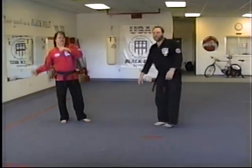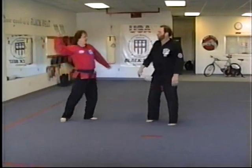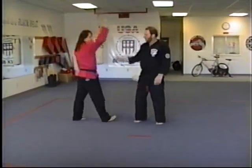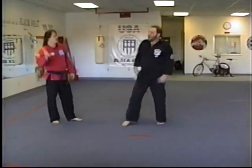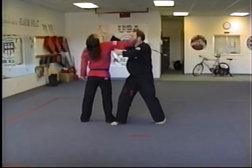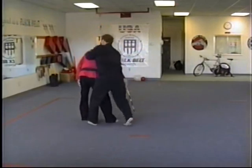Okay. Now we're going to do escaping the storm. This is derived from brushing the storm. It's the same movement where the club is coming down, right flank, overhead club. What we do is we off-step to 2 o'clock to get off the path of the weapon. And as we do, we brush it and catch him right underneath with that heel palm. We're going to collapse the elbow and heel palm the groin before we come over here and drag up